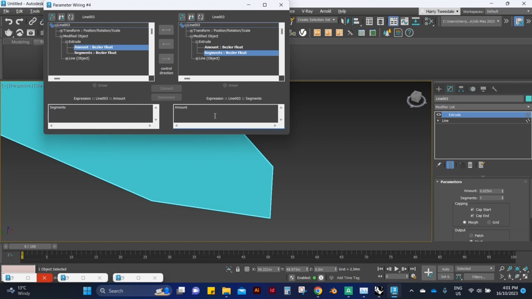To the amount we need to add 4 meters, 4.8. Oh no, so 4, and then